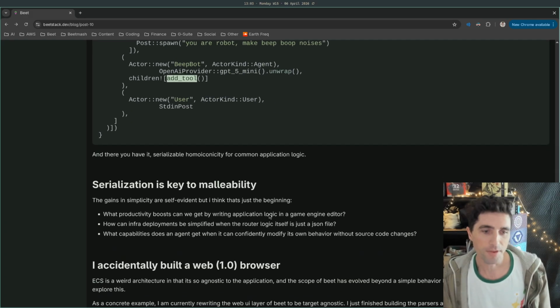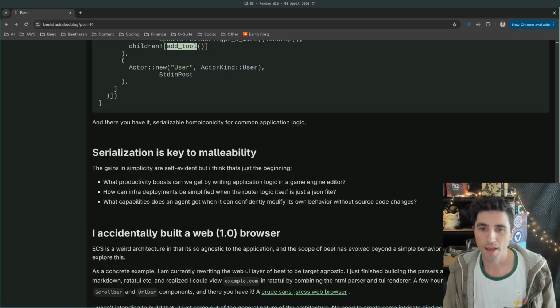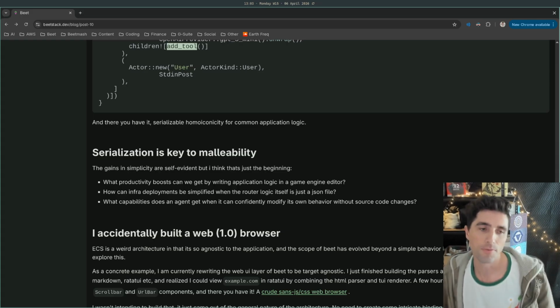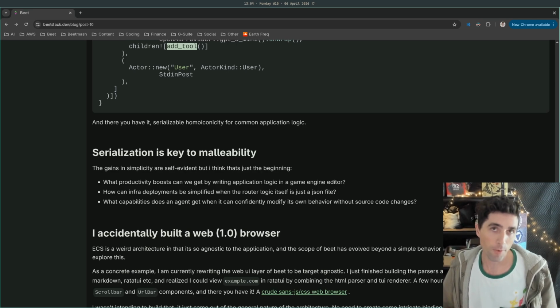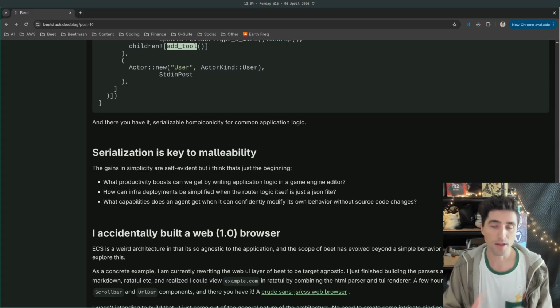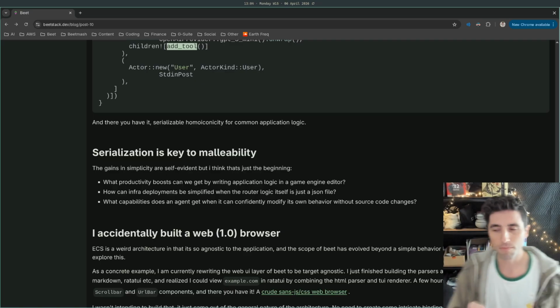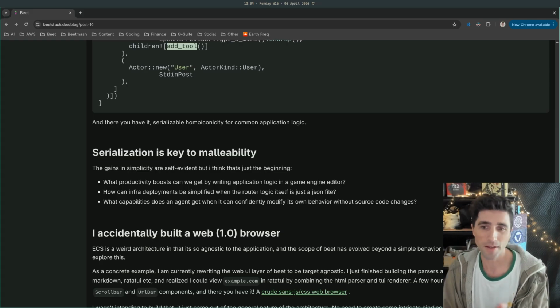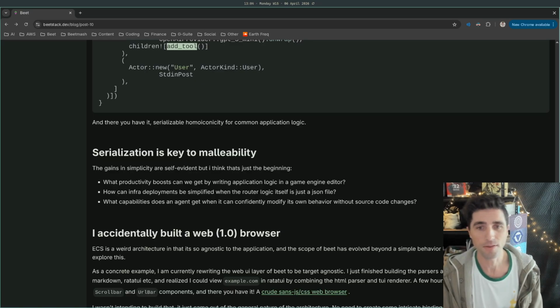Okay, so a little bit more on serialization. What can this unlock? I don't know. I think it's kind of a key to malleable software. If we want to let users, or their agents, really shake up our applications, if we want them to be able to make big changes, then we also want to be very safe about how we do that. Modifying source code, even sharing source code, can be problematic. So this powerful serialization is quite interesting.